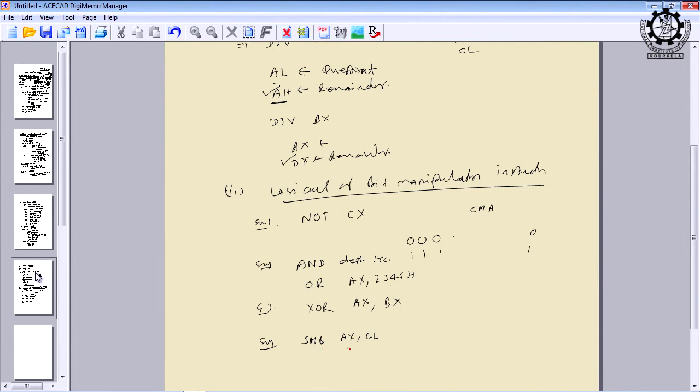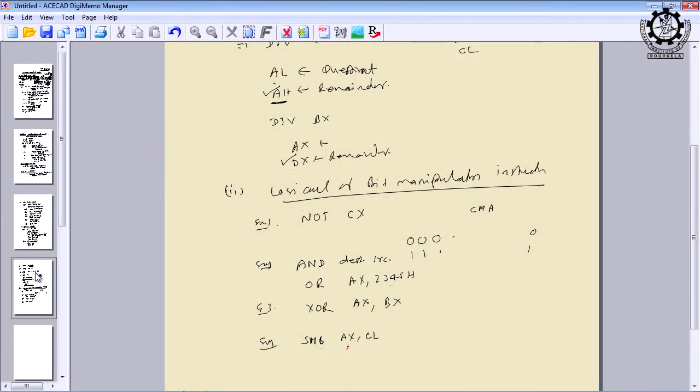So, the meaning is that the 16 bit data which is available in the 16 bit register AX will be shifted how many number of times? The value which is stored in CL. Is it clear? Suppose CL value is having 4. So, 4 times you have to shift left. AX content will be 4 times shifted left, from right to left, because CL content is 4. Am I clear? So, likewise, the number of times you want to shift the content, there is a difference between shift and rotate. Remember, do not use the word rotate. For rotate, we have different instruction.